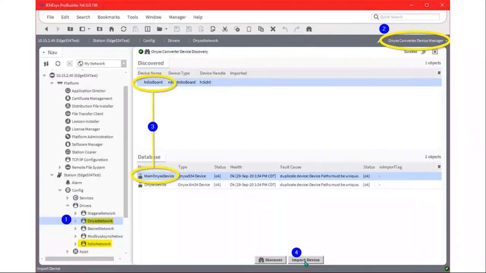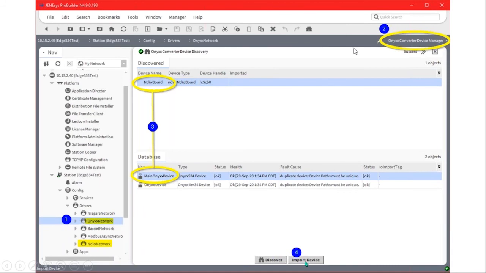The station converter tool I wanted to show you is real easy and only takes a few seconds. So you take your station that already has an NDIO network and device and points, and even points folders arranged the way you wanted them. And all you need to do is make sure you have an Onyx network, which you'll already have because you'll have commissioned your 534 device. You could still do this offline with an Onyx network.